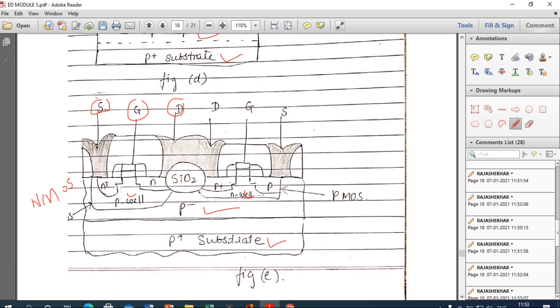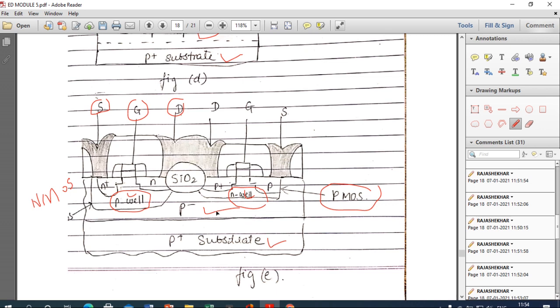Similarly, I have got another MOS transistor which is the PMOS here, constructed using two P plus materials. So two P plus materials are doped in the N-well. So now we call it PMOS. Again, this P plus material is connected to the drain, gate, and source terminal, which creates a PMOS. So now, as I said, this is a twin well because I have two wells here. One well is for PMOS, that is P type, and another well is for N type. That's why twin well self-aligned.